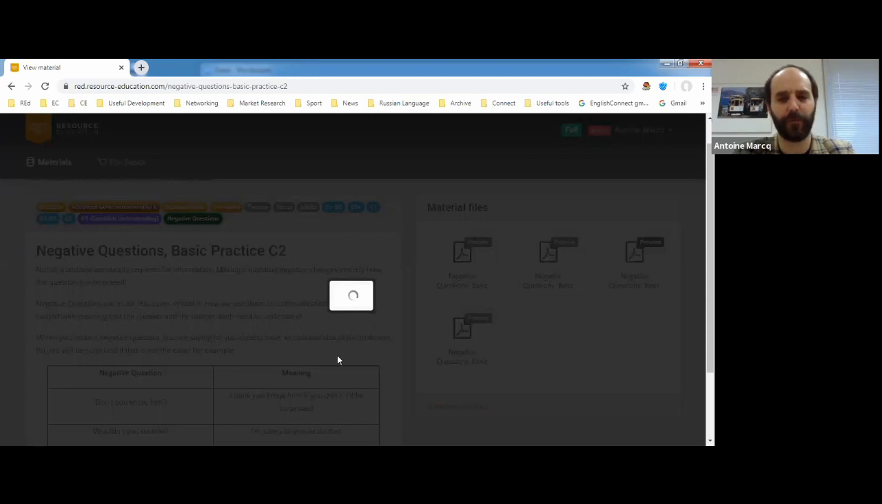As soon as it opens. My connection says it's